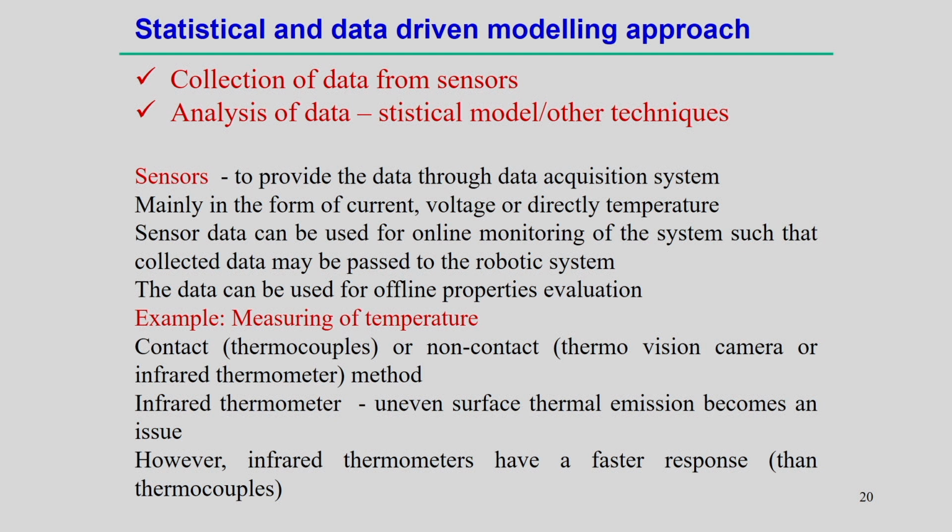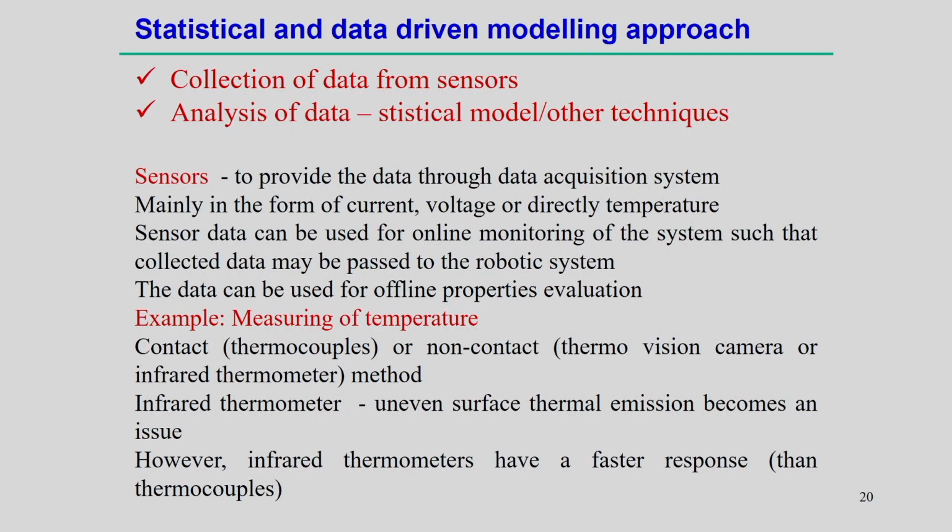Now, some little bit on the statistical approach, because we have discussed the different physics-based modeling approaches, and this physics may be involved at the different scales also, and how we can link all these scales, that was the physics-based modeling approach. Now, what is the statistical and data-driven modeling approach? This is a different aspect to make you understand how this modeling approach is different from any kind of physics-based modeling approach.